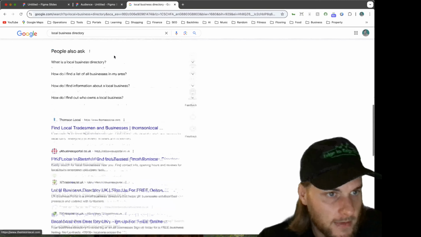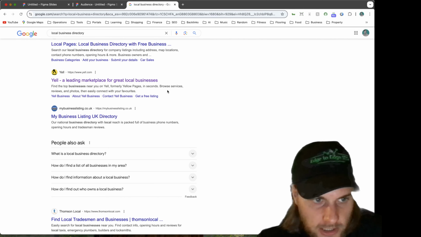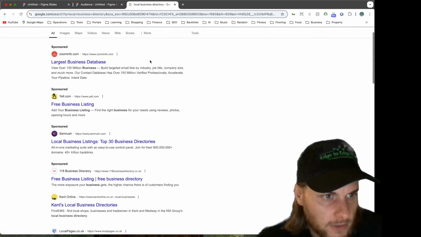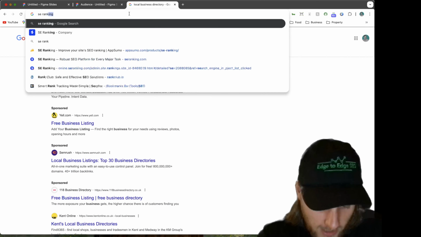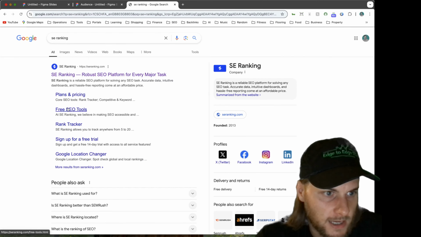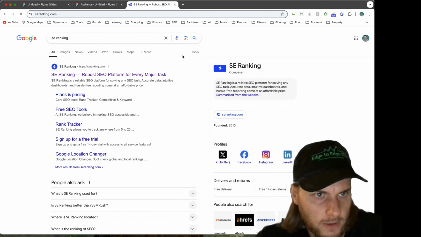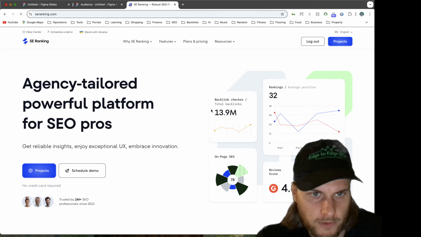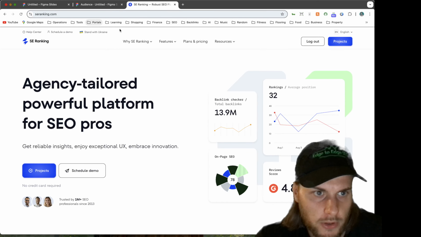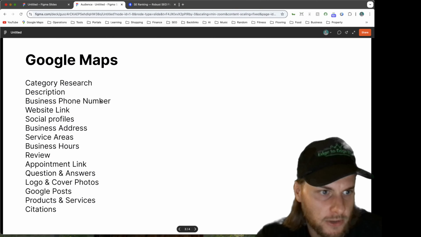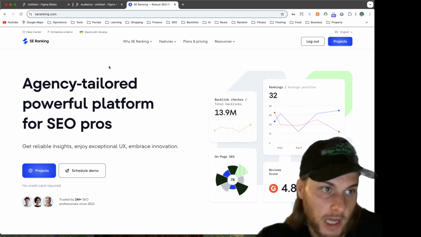So yeah, and then another thing that you want to do, to be able to understand the actual citations that you need, is look at the citations that your competitors have got. So you can use tools like one of the tools I use, SE Ranking. I think they probably have a free plan, but even if you just paid for 1 month or something like that, just to get this initial optimization out of the way, you can use this kind of software to research your competitors and look at the citations they've got, and then go out and build them yourself.